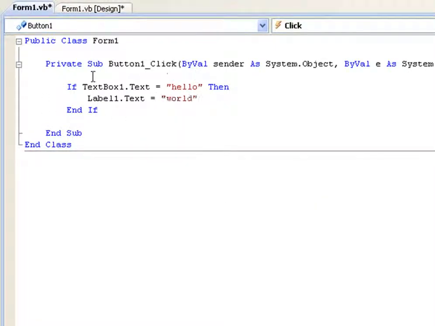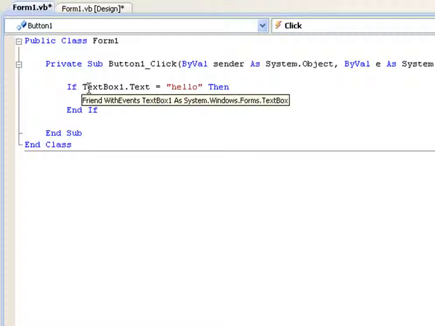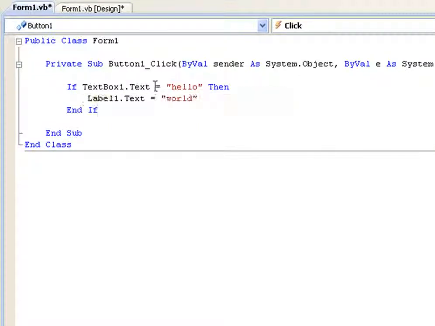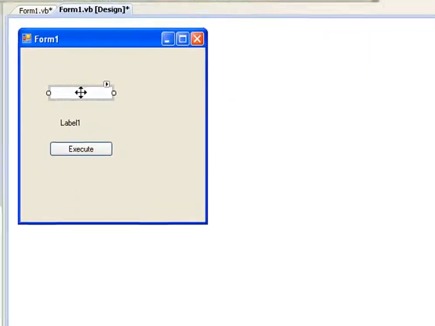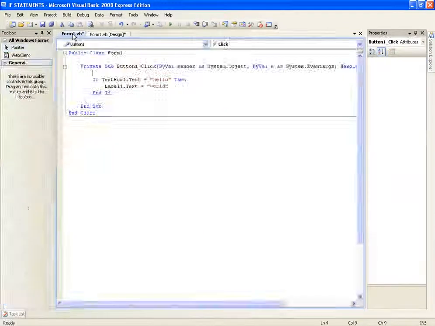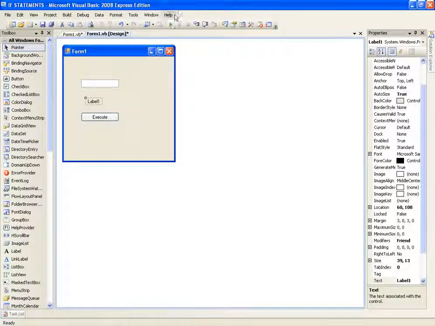Let's just go over that again. It's saying if the text of text box 1 is equivalent to hello, then it's going to change the value of label 1, the text in label 1, to world, and then end the if statement. So this is text box 1 and this is label 1. So first of all, we're going to play this,